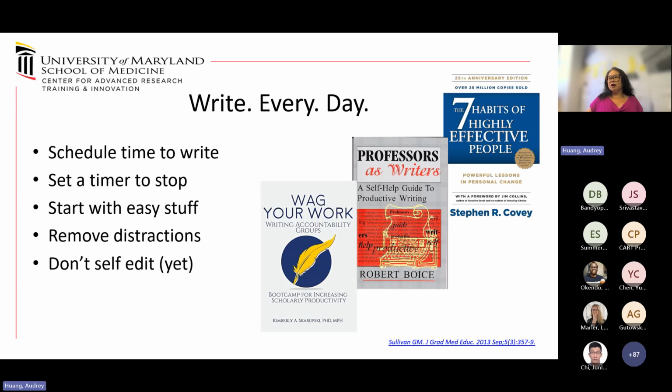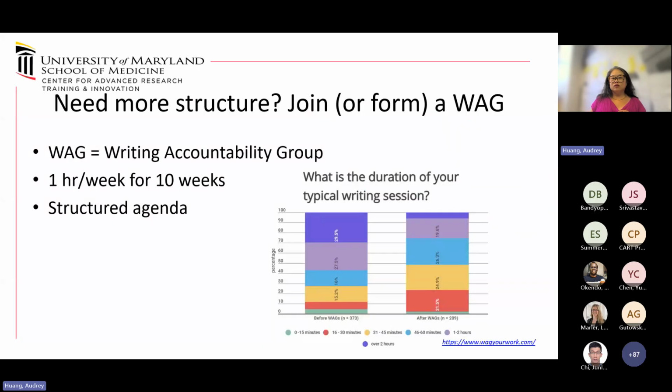These are some books that I recommend that may or may not help you if you're into reading about writing. The most useful one actually is the WAG Your Work. If you don't have a WAG, and I don't know if you do at NIH, somebody should start one, or you should start several. If you need more structure to help yourself write, join a WAG, a writing accountability group,